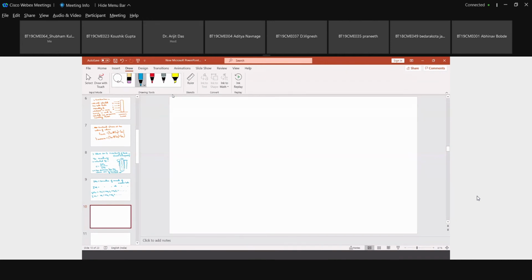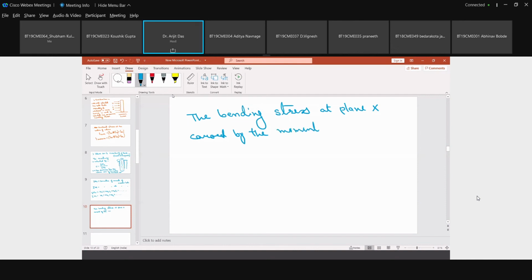The additional bending stress at plane x caused by the bending moment, whatever it is. So what is that? It is nothing but